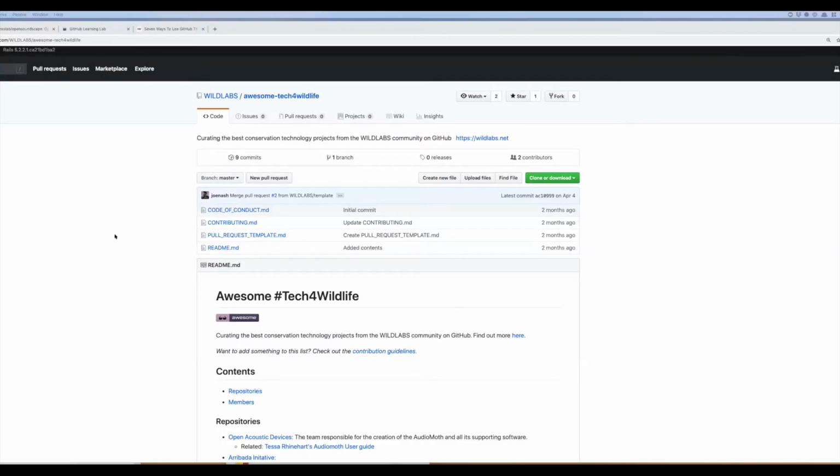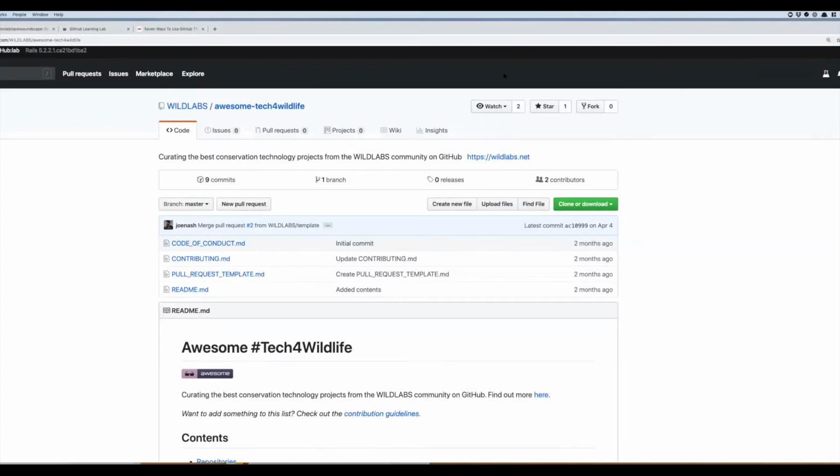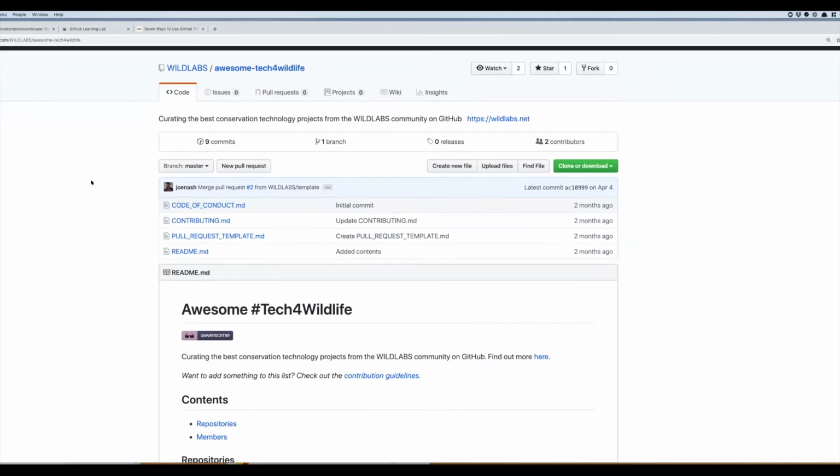All right. So on this screen, I just wanted to show, and let me zoom in on this a little bit as well. I wanted to give you a quick walkthrough of GitHub and some of the features in the interface so that you felt familiar with it when you pull it up and look at it. So I pulled up the WILDLABS page here.